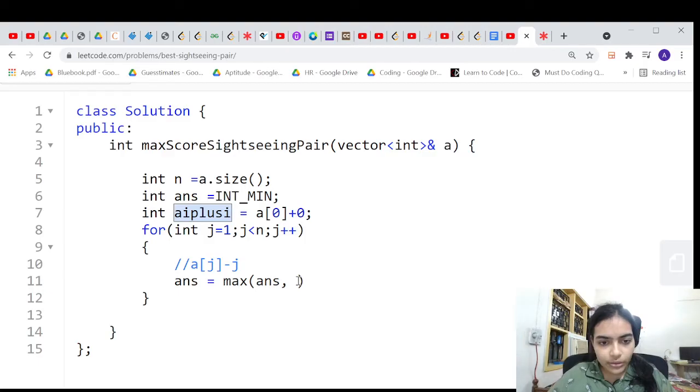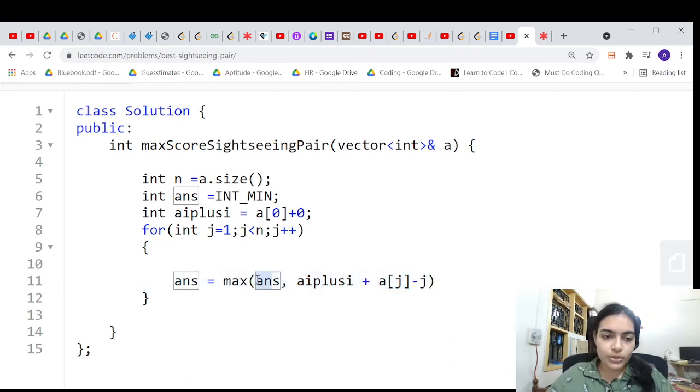So this value plus a of j minus j, right? You have to maximize the two terms together. So if you are getting the better value than the currently stored answer, you can change your answer.